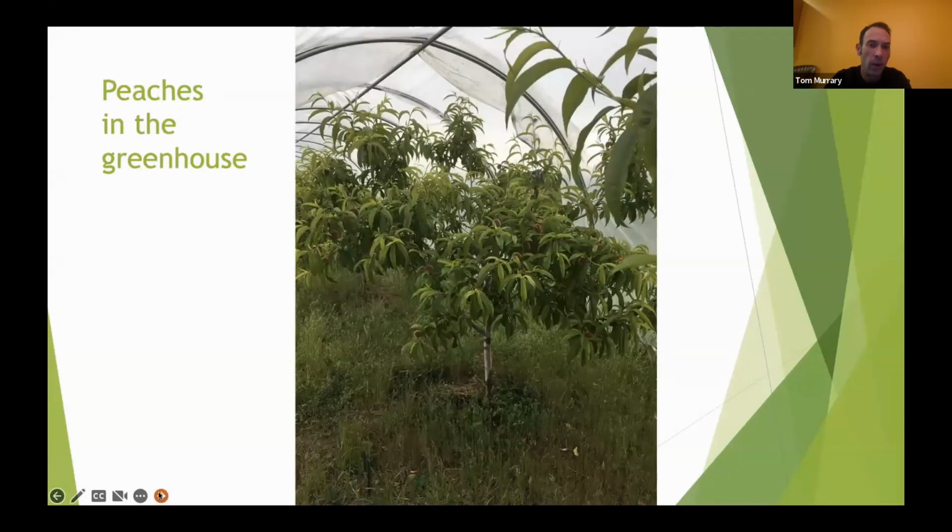Some things that I'm excited about, new happenings on the farm. These are peaches in the greenhouse. This is a new crop that I'm looking at doing. Again, the greenhouse is really to prevent disease. It's for disease management more than, say, early ripening or any of those benefits that you might read about traditionally in the use of greenhouse. And in our climate, in Western Oregon, the maritime climate, some of these diseases can be really nasty, and that's why peaches aren't really grown here, or we're not known for peaches in Western Oregon necessarily.